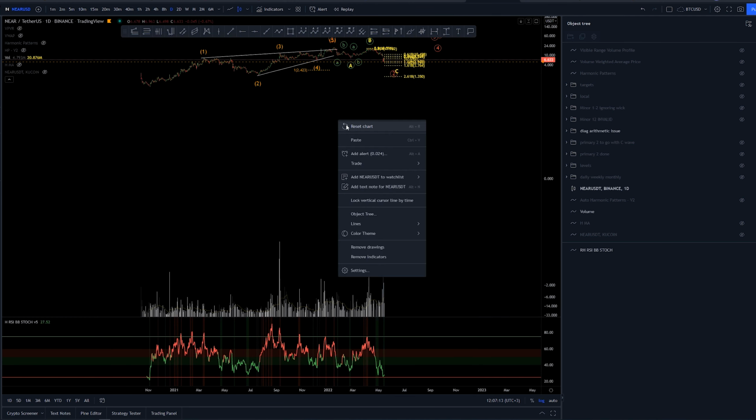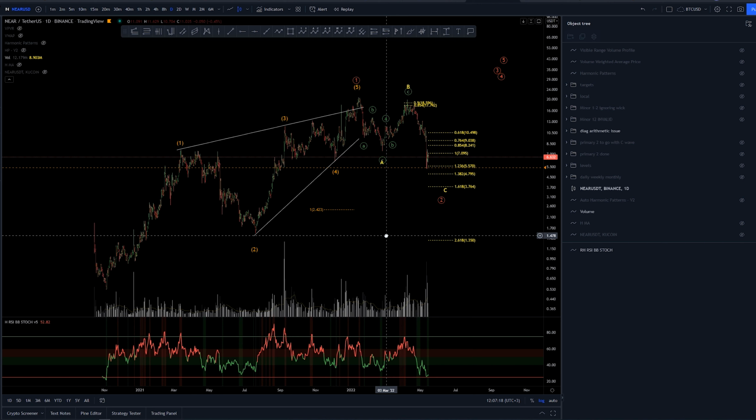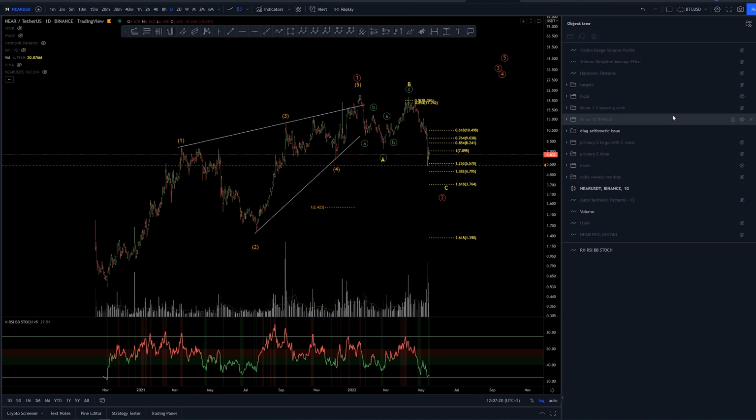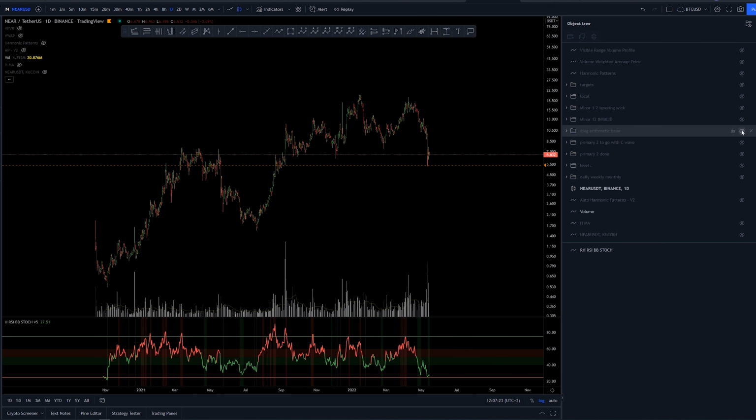NEAR seems to be having loads of these issues with these counts, and unfortunately I'm not sure if I can find a proper good looking count. Now with this structure here, I think I presented this last time as well, we had labeled this as 1 and were looking for the wave 2 structure, and we're around here looking for the last leg, the C wave of the Y wave. So was it like this or this? In any case,